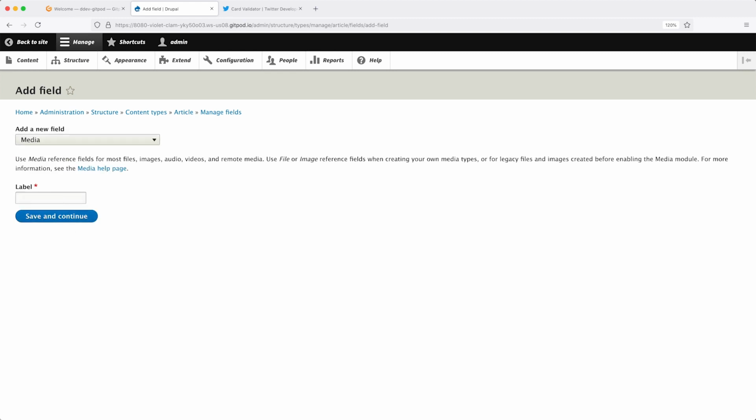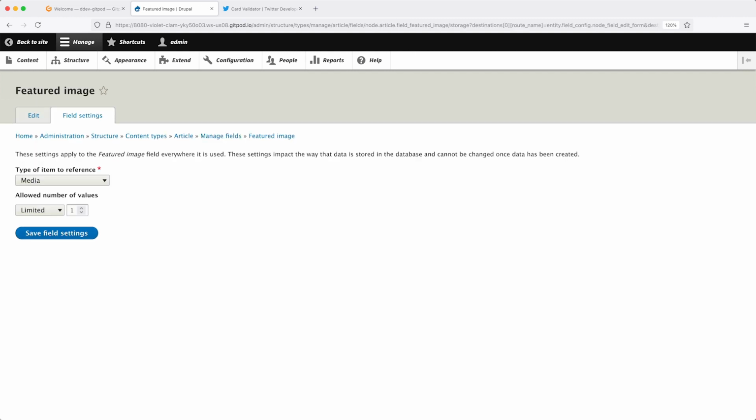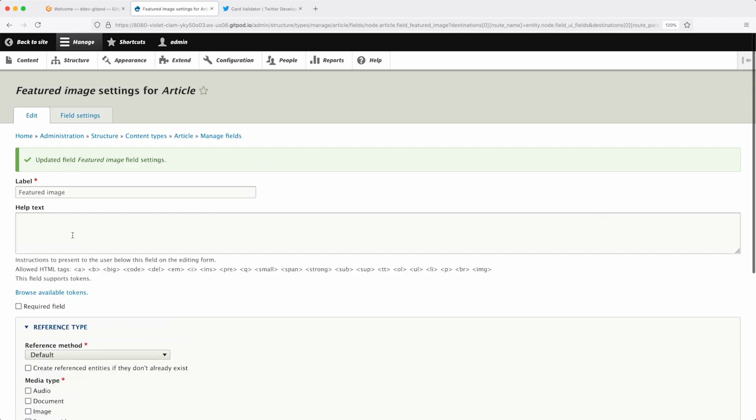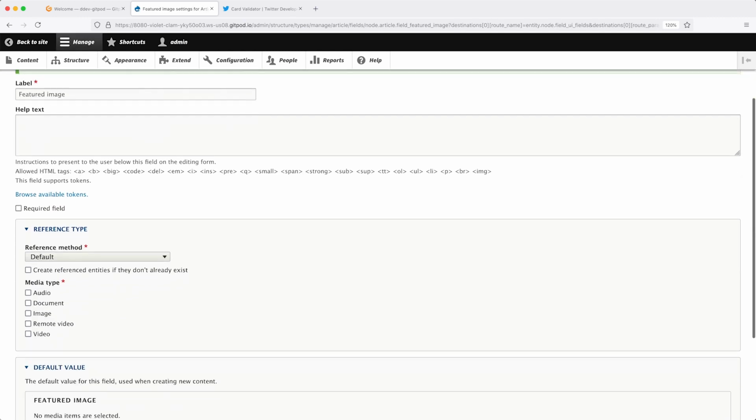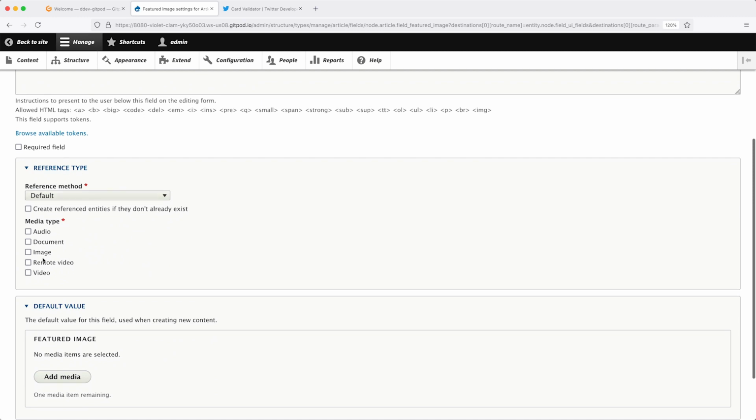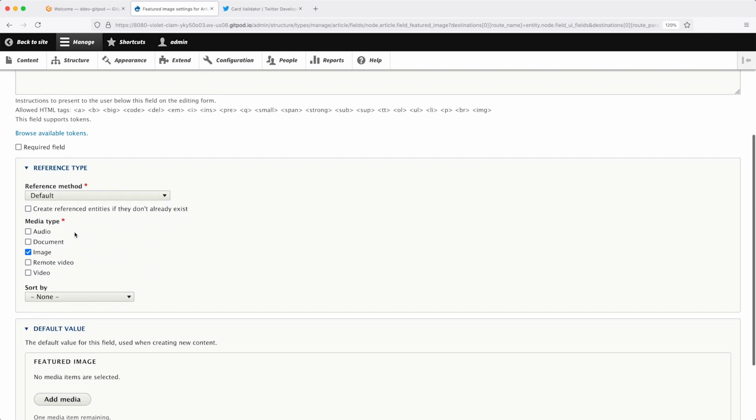Click on it, and then in the label field, enter in the name of the field. In this example, I'll call it Featured Image, but you can call it whatever you want. And then just click on Save and Continue. Leave everything on this page as it is, and then click on Save Field Settings. Then on this page, scroll down to the reference type section and select Image under Media Type, and then click